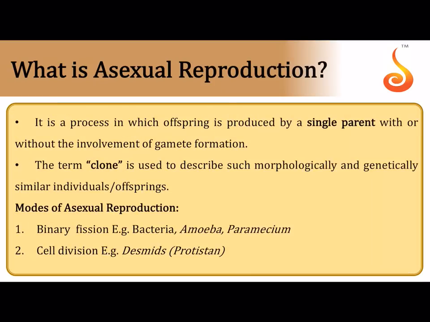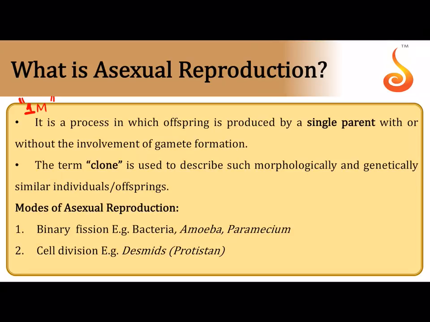What is asexual reproduction? A very important question again. All these are important definition questions, or 1 mark questions. And please be thorough with the 1 mark questions. I've always been telling you that it is very easy to lose out on these 1 mark questions because there is no choice. You have to be very concise and very precise in your answers. There's no beating around the bush.